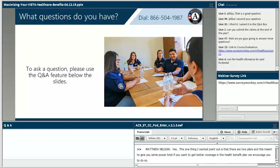As part of VISTA service, for 60 days from the start of your service term, you have a special enrollment period with the federal marketplace. You can actually Google a special enrollment, and you'll see special enrollment AmeriCorps VISTA. It'll take you right to the page that describes it all on healthcare.gov. So that's actually meant to help make sure that you're able to explore your options, and then we can switch you over to the allowance plan if you were able to get approved for the Medicaid in the state you're